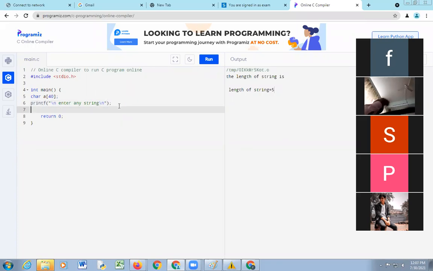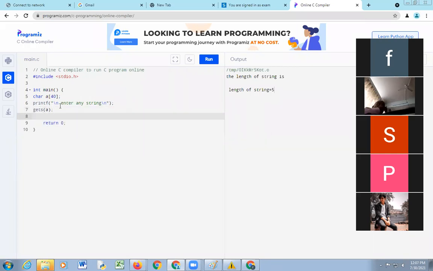Then instead of scanf, we are going to use gets, and the name of the string is, suppose, a. Here a character array is the name of that string. Then printf, the entered string is.